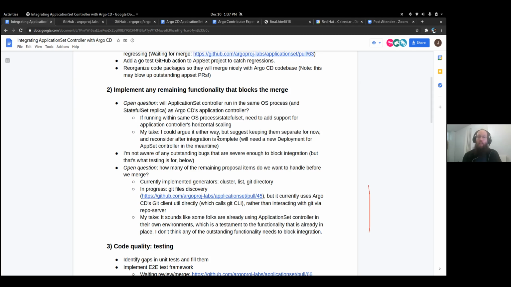So that's all in. It has unit tests for it. There's still some additional functionality in the proposal that is in progress. That's pull request 45, which implements the Git files discovery, probably the most powerful of the generators to be implemented. That's still in progress. So as an open question, we have the option of waiting for that to be finished before we integrate it with Argo CD. Or in general, if there is functionality, or a minimum maturity level for that functionality, that we would like to see, that's definitely something we should talk about at this stage. My personal take,